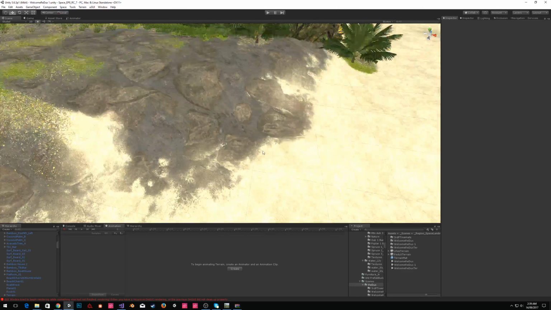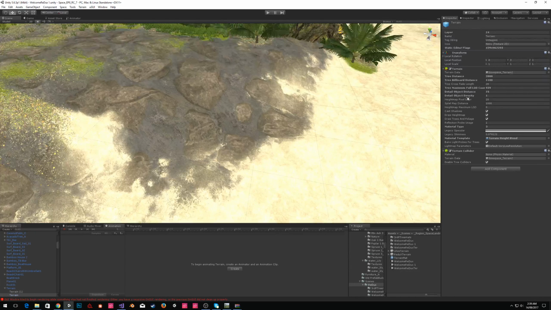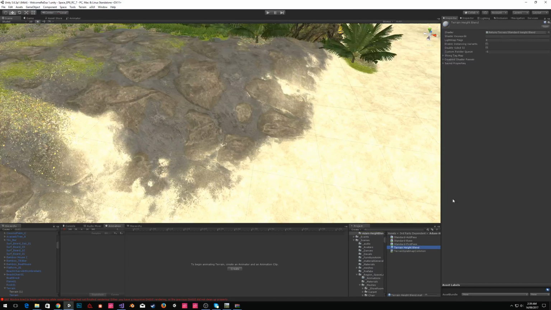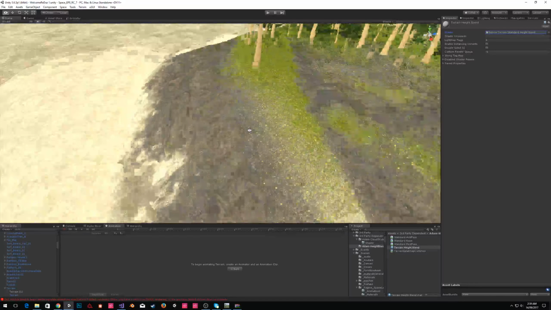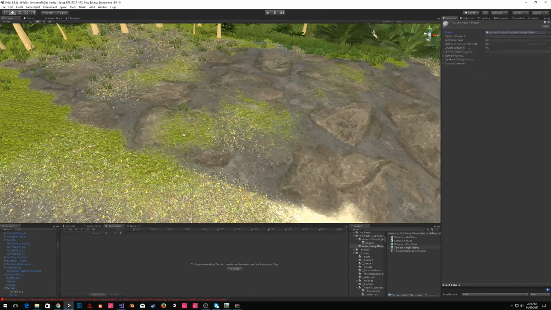Now, the way we've done this is two things. First, we've used an open source shader I wrote. It's on GitHub. I've also posted it into the forums in the resources thing. You can just bring it straight in. This is our terrain height map blending shader, and it's one that I built. It's called Atom Height Blend, and it basically lets us import height map data on top of our normal data